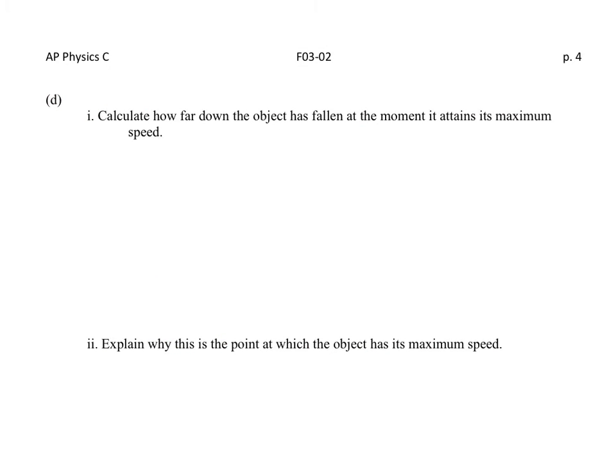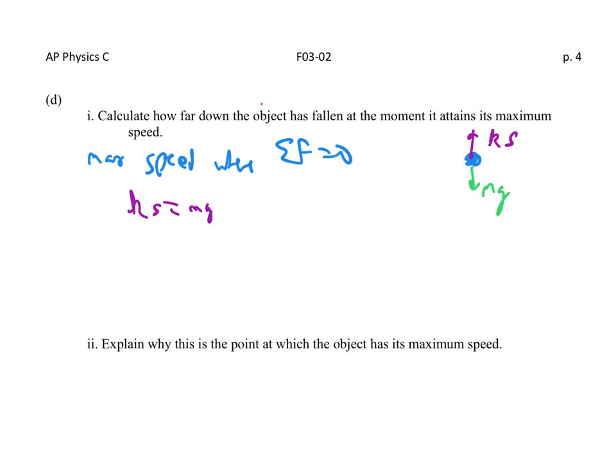Part D, subpart 1: calculate how far down the object has fallen at the moment it attains its maximum speed. So it's going to attain its maximum speed where the net force is 0. Really quick free body diagram. We've got the object, we've got gravity pulling it down at mg, and we've got the spring, whatever it is, pulling it up at k times, let's call it s. And I want to say we would need to see that these are in balance, or that ks equals mg, so s equals mg over k,